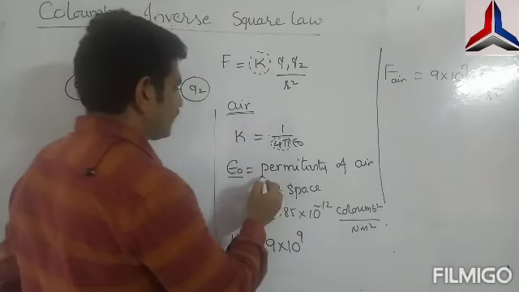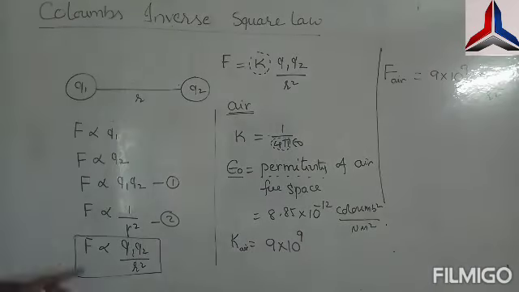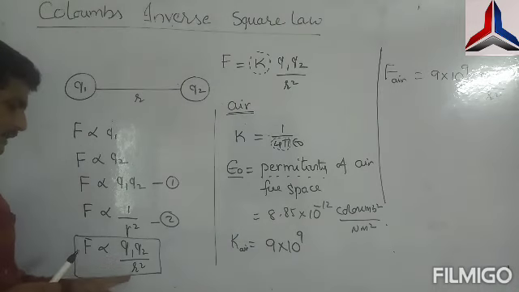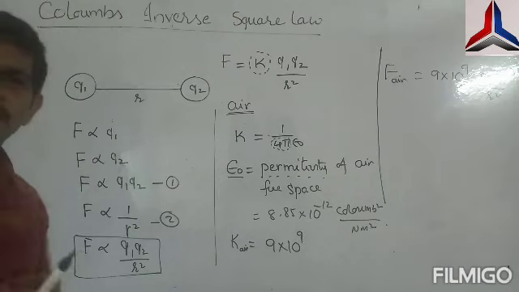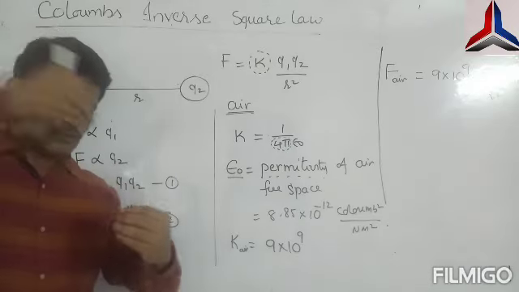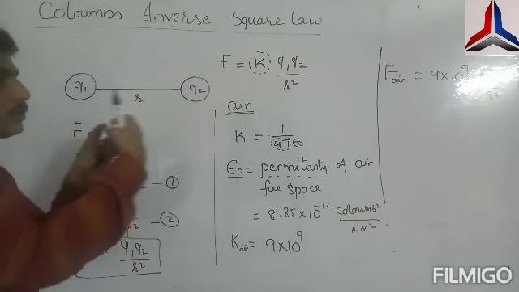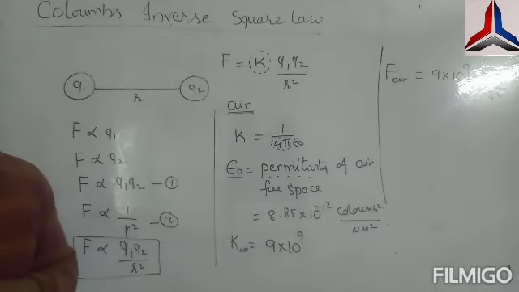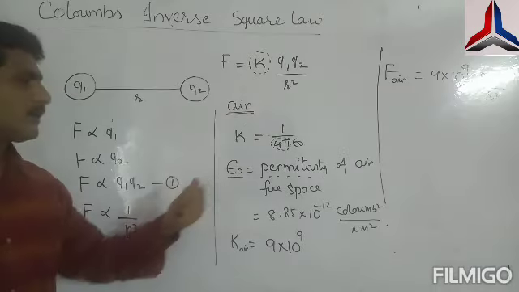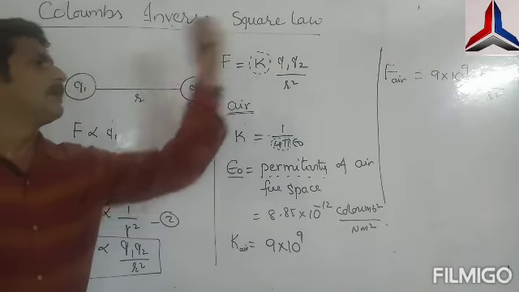What is this permittivity? That is a big question from the students. Already I said, the force between two charges depends not only on the charges and the distance, but apart from that, on the medium that is in between them. Naturally, if air is in between them, the interaction between the charges will be different. The interaction between the two charges will be decided by the medium. That property is indicated by this, a numerical indication of the property of the medium. Suppose something else is poured here, this value will be different, so the force between them will be different.